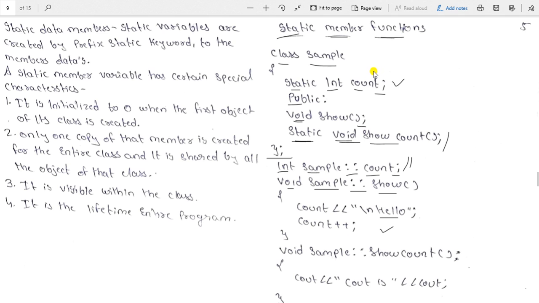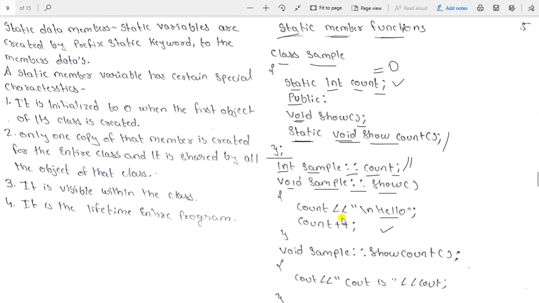As I told in the previous video, when you create the static data member, that is count, whatever it may be, when you create the object, the count value will be automatically initially 0. You must remember this. Whether you create one object or multiple objects, no matter, for all objects the count value is 0.